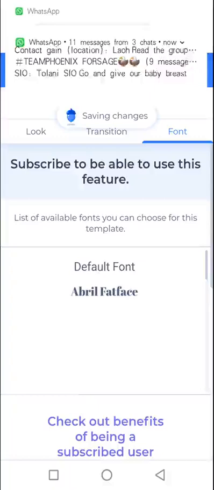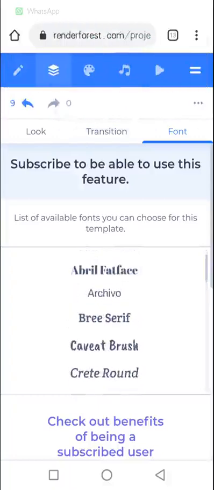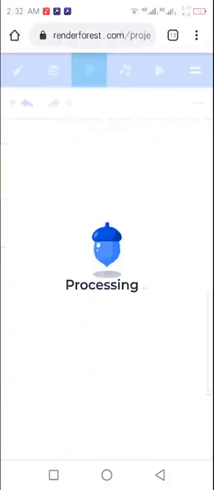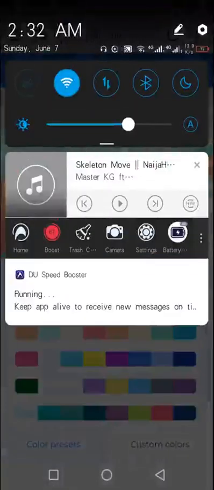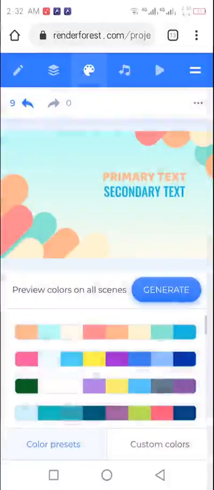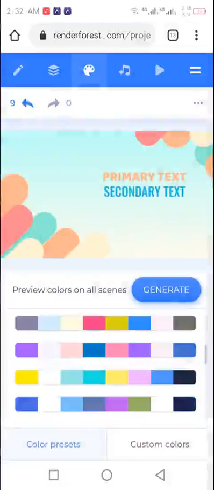So now the next one is font. You can choose to change your font, but if you don't want to, then you can come to this top blue bar and go to next. So you see color there. You can choose any color of your choice. Then the next one,